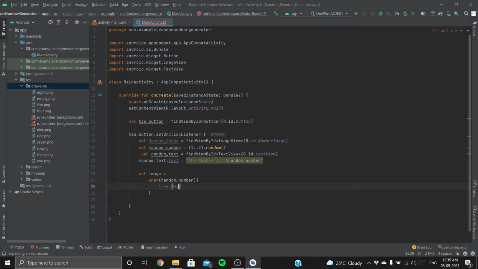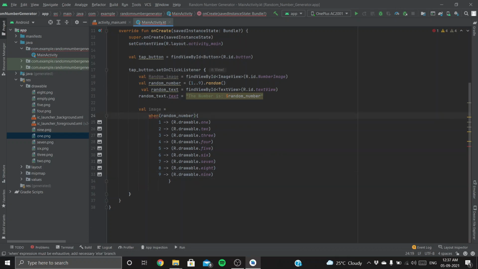Say R.drawable.1. When the random number is 1, the image gets the value of R.drawable.1. This 1 is the file name of image 1. Cool. Likewise, we'll do this for all the other numbers.